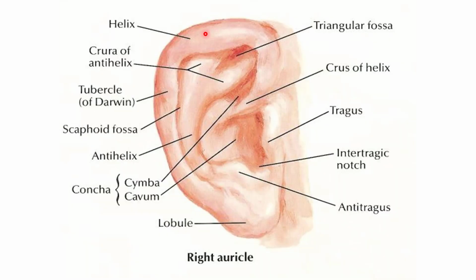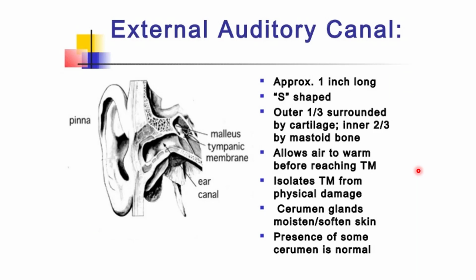So in the auricle, this is the helix part. You can make out all these things. This is the lobular part, this is the tragus, this is the crus of the helix. The helix goes like this, and this part inside it is the antihelix, the crura of the antihelix. Here is the concha, and here is the cavum. So these are the structures you can make out, like the antitragus and tragus. Just look into the mirror and find out the various parts of your auricle. You will be able to.